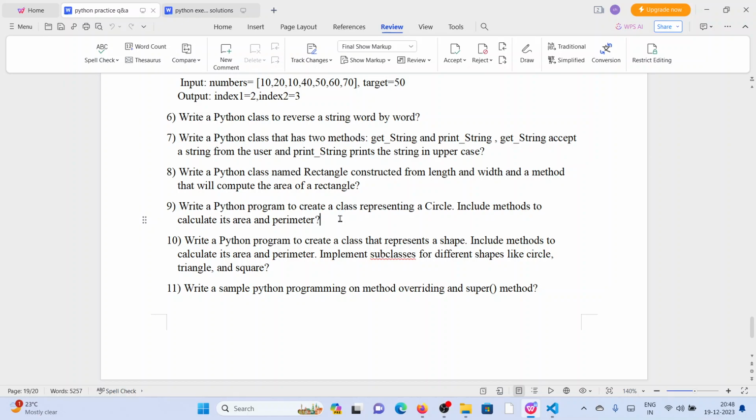Ninth one, write a Python program to create a class representing a circle. Include methods to calculate its area and perimeter. Okay, if you practiced the earlier program, the 8th program, you can easily do this 9th one. Area of a circle is nothing but pi r square, and perimeter of a circle is 2 pi